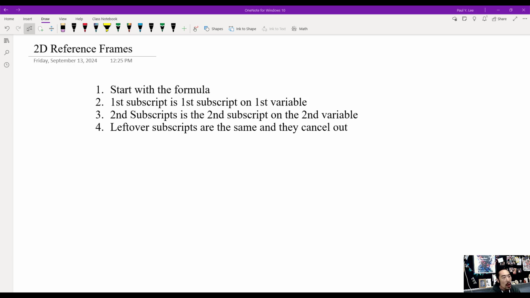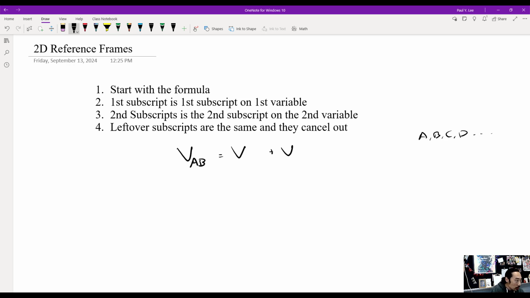So let's begin. According to the last video, we came up with these rules for the subscript formula. I had the four steps in front of you. Let's just go through this together. The formula that we have to start off with is VAB is equal to V, and then we have two subscripts there, plus V, and we have two subscripts there. The subscripts that we're using are A, B, C, D,